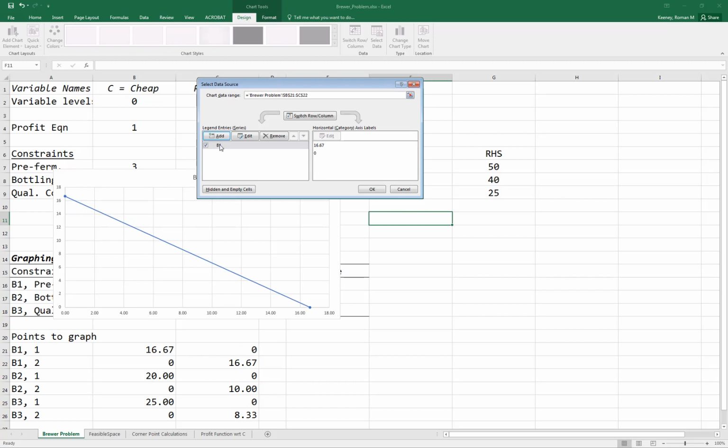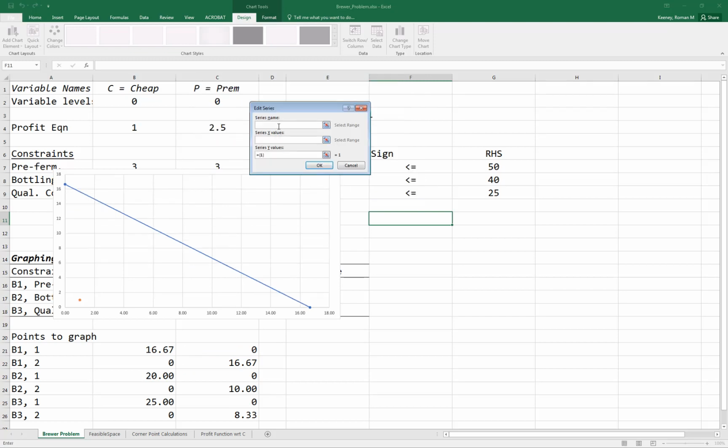Click on OK, and then to get the second constraint on here, we just click Add. And we're going to do a new series, and I'll call it B2. It's my second constraint, or my second boundary piece. I don't know if it's going to be on the actual boundary or not. And now we'll just grab the 20, we'll go down to